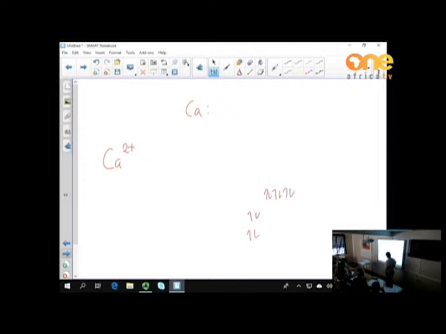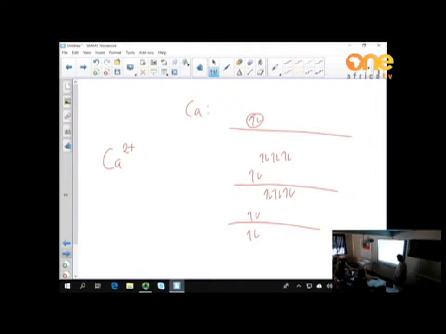Are you with me? So, 1, 2, up to 20. For calcium, the metal, it is going to be 1s2, 2s2, 2p6, 3s2, 3p6, 4s2. But the calcium ion, because it loses its outer shell electrons,